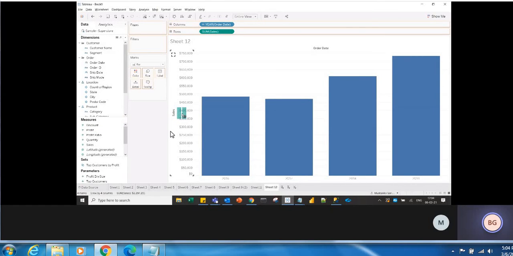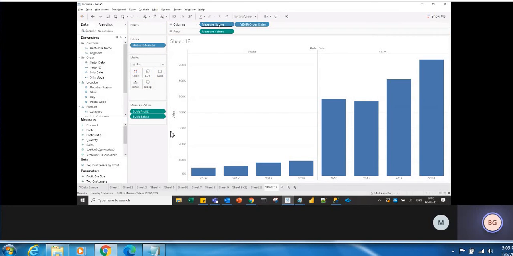See, now there is no Measure Values or Measure Names used in the visualization, right? But when I drag the second measure, automatically it will take the place. See, Measure Names, Measure Values, it has taken. And what are the measure values it is containing? It shows here. So the Measure Values are containing profit and sales. Okay, so if you want to drag the third measure, what is that third measure? So quantity. So how do you drag it? You have again two options.